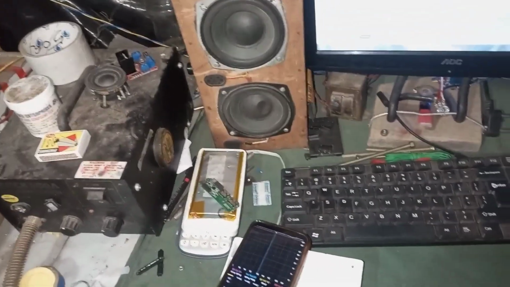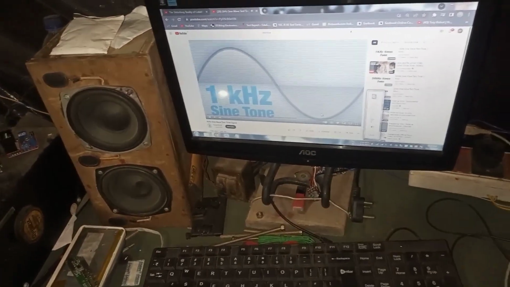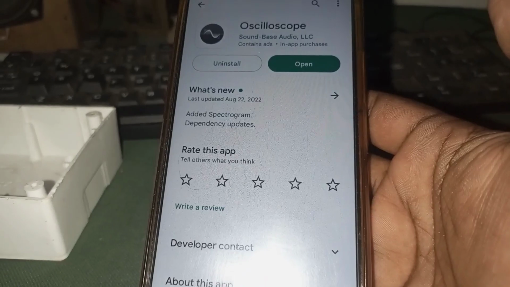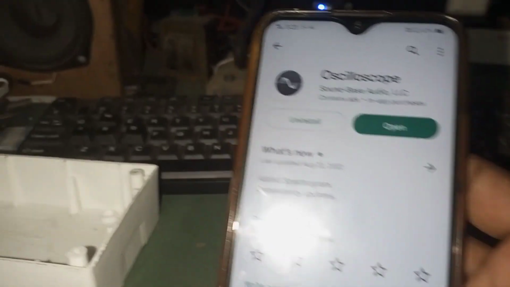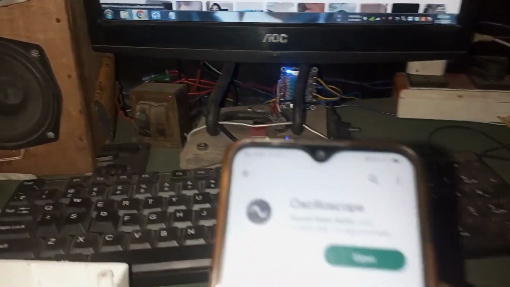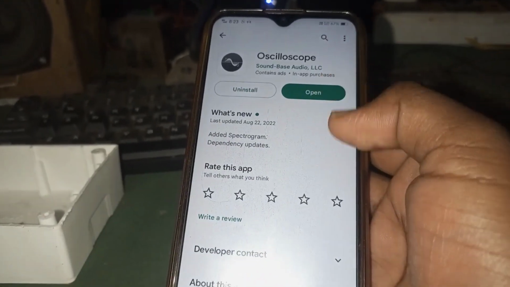So that means we are actually out of phase, so we have to change the polarity. That's how you can determine whether your speakers are in phase or not. So guys, you have seen how you can correct your phase polarities. All your different amplifiers can be calibrated,